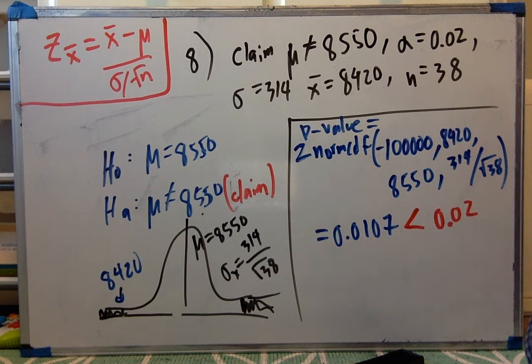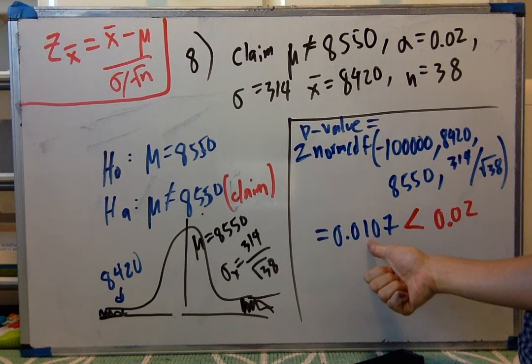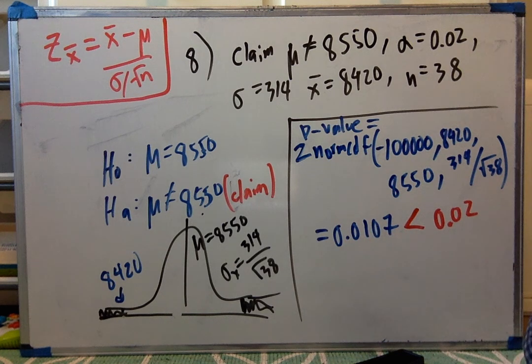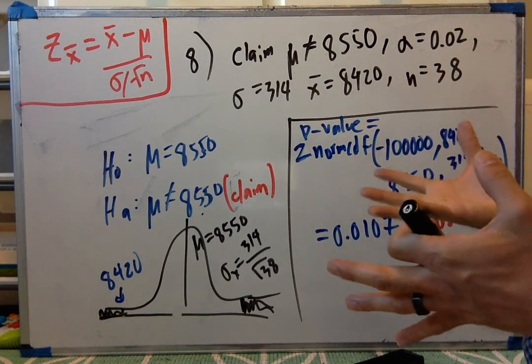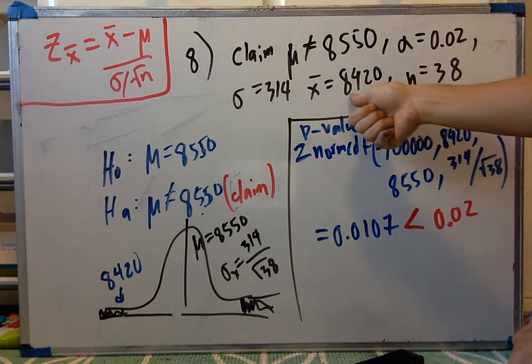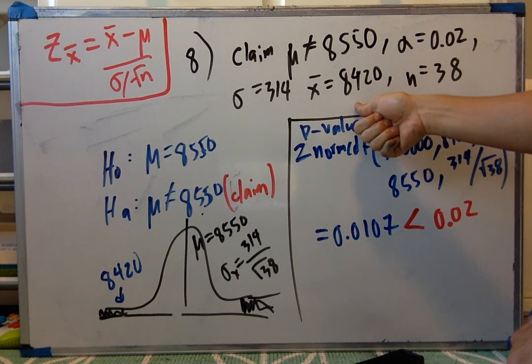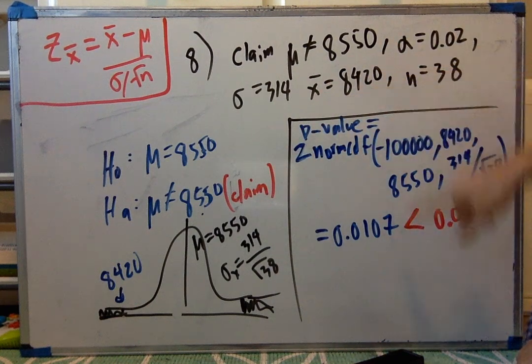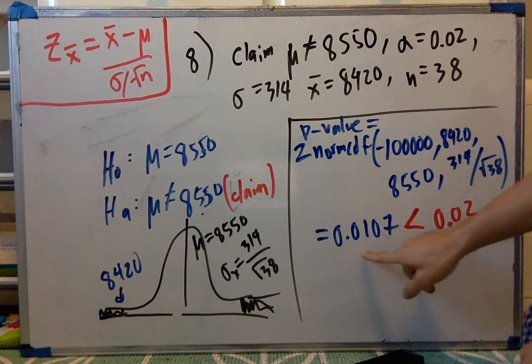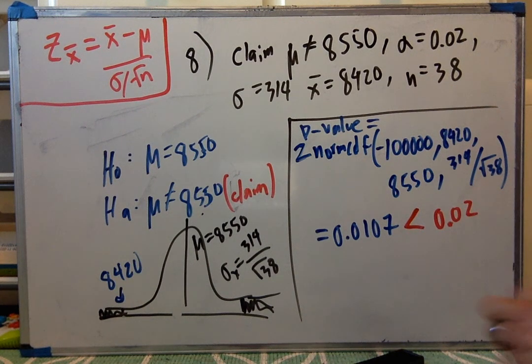So what is it saying? It's saying that with only a probability of about 1.1% roughly is my original claim true, assuming that I got this sample. So we took a sample of 38. I found the mean to be this small value. But if my true mean was as high as 8,550, then this is a very unlikely thing to get. It's less than 1%, or about a 1% chance that I get a value that's this far away